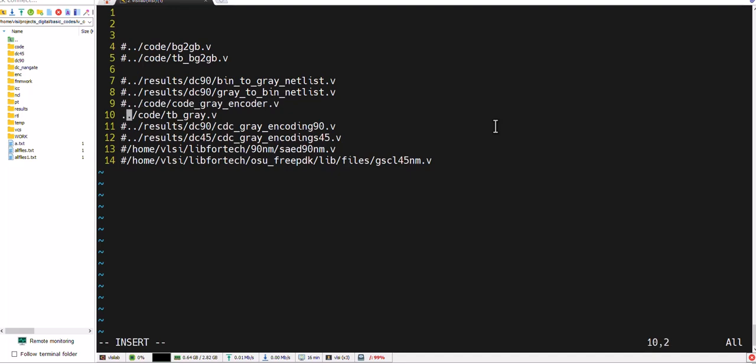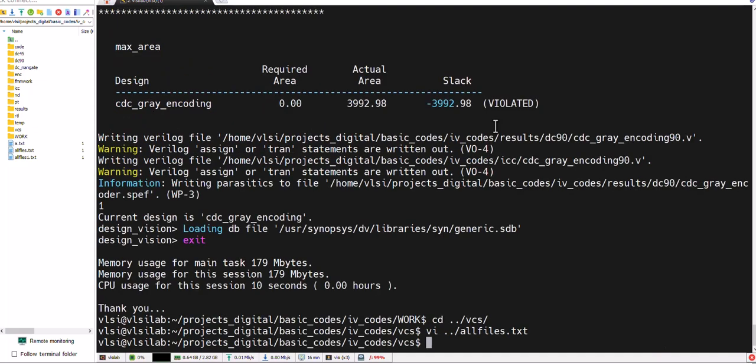We need a test bench for the synthesis. We use this encoded synthesis file. We just created that. We can have an overlook of that result, CDC 90